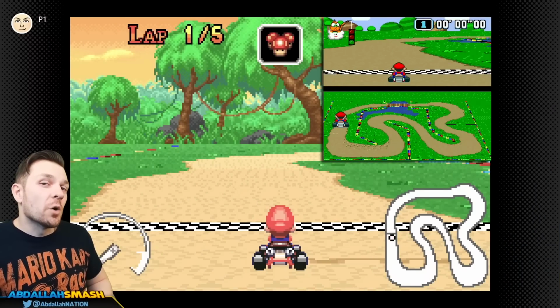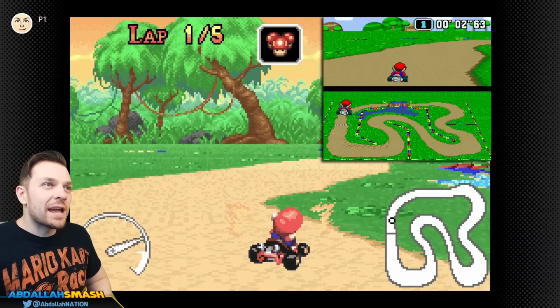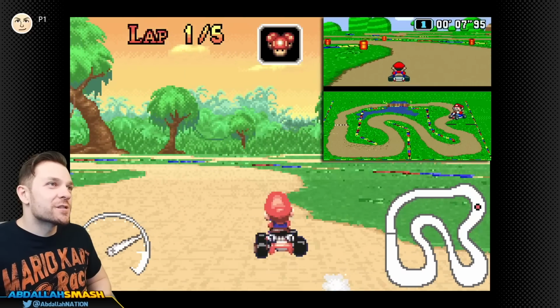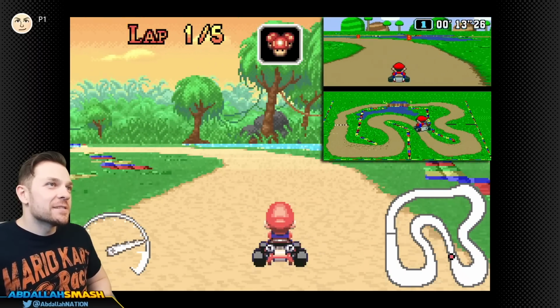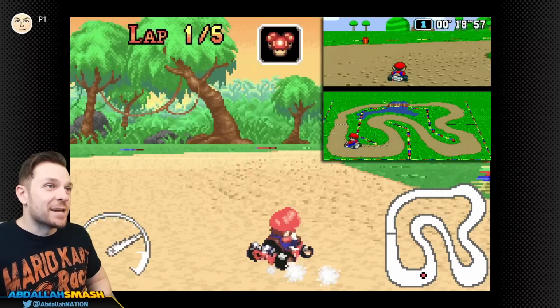Another retro track is going to be Donut Plains 1. This one is very, very iconic with the bridge and the little areas that you could potentially go in the water and the U-turns around here. Of course I remember this. It's just like we did in episode 1. Look at this. We're just going to be zooming across, and the music is the same too,